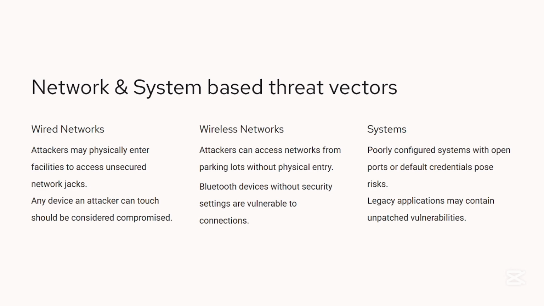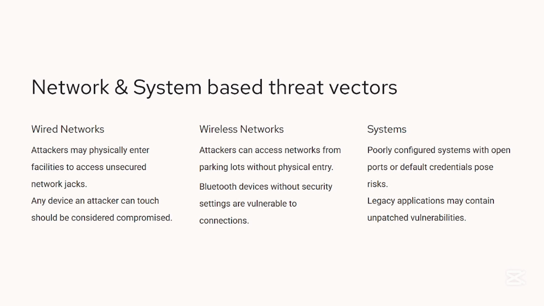So any device an attacker can touch should be considered compromised. If an attacker can have access to an open port within our organization, which gives him access to our network, we should consider that that